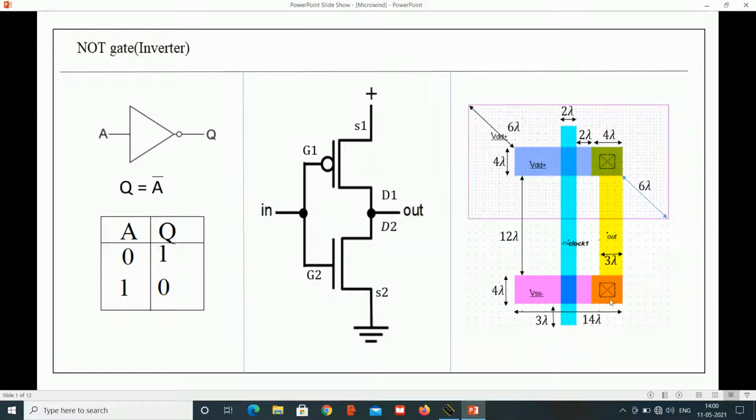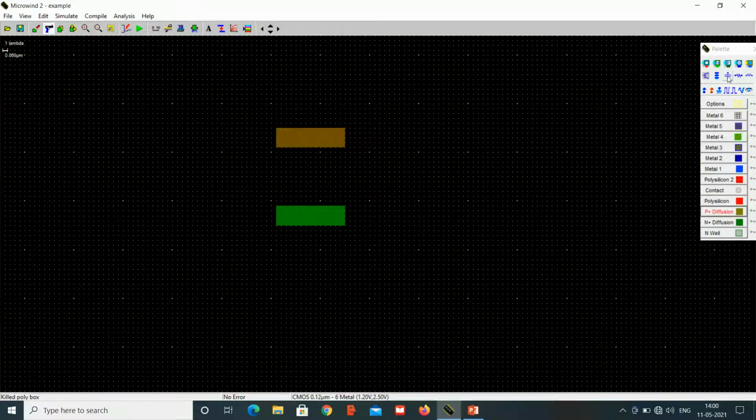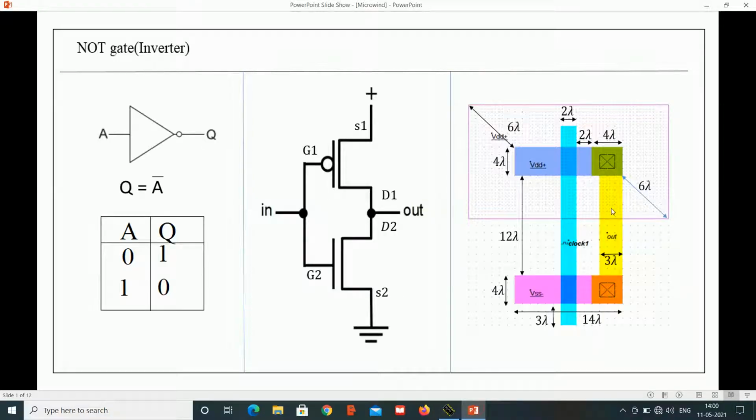Now let's put this N plus contact and P plus contact and give the output. For P plus diffusion, select the P plus contact and place it here. For N plus diffusion, select N contact and place it here. Now the polysilicon should be of 2 lambda width, and above P plus it is 3 and below NMOS it is 3.